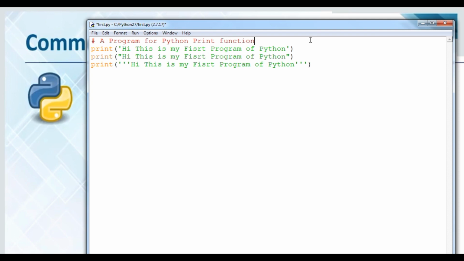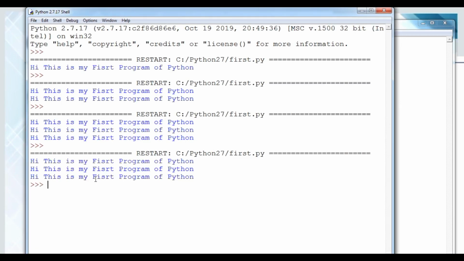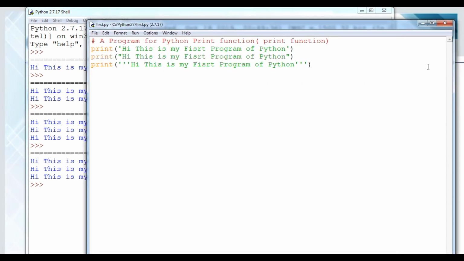It means you will understand that you are creating a program for the Python print function. So if I run it, let's see what will happen. Nothing will happen, the output has come in the same manner as earlier, but comments are never going to print or affect the program, as I said to you students.